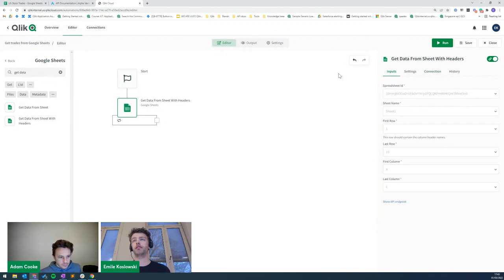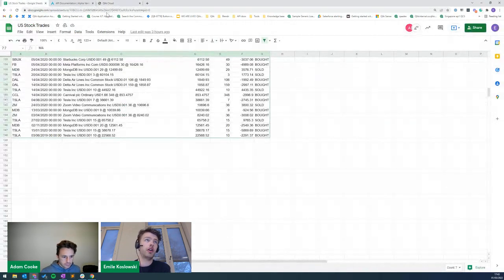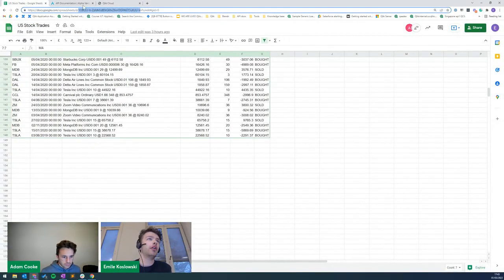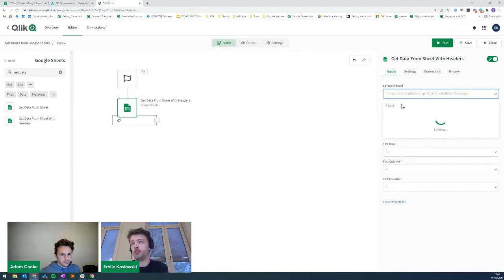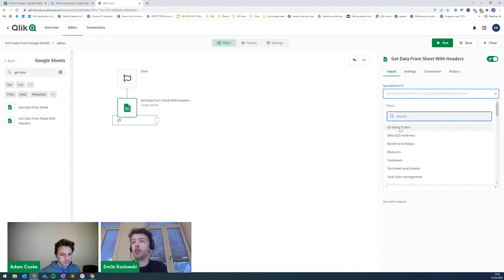to specify some information about which sheet we want to use. The first thing we need to specify is the spreadsheet ID. And we could copy it here from the URL, but way easier is to do the lookup. So if you click this field here, most of the fields will have this lookup functionality, which lets you search for all the available values for the account